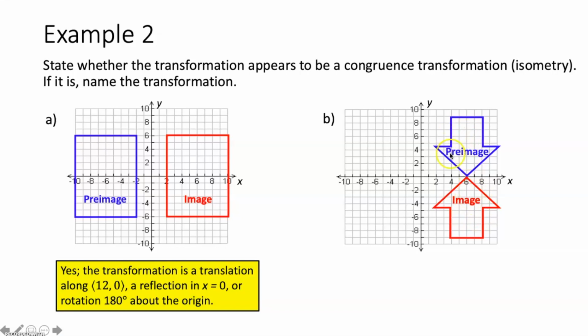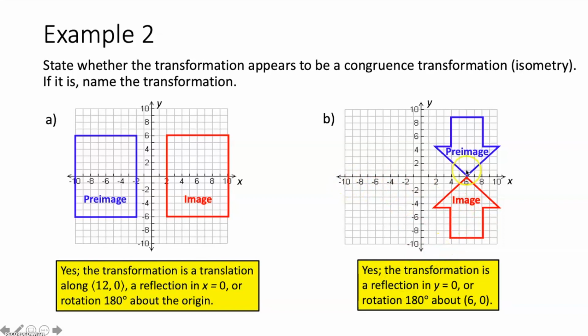The first would be to reflect this blue pre-image over the line y equals 0, or the x-axis. If I were to reflect this image over or in the x-axis, or the line y equals 0, I end up getting this red image down here. You could also rotate this given pre-image about the point (6, 0), this point where they touch right here. If I were to rotate this pre-image 180 degrees about the point (6, 0), I would also end up with this image. So two ways to get from the pre-image to the image. That would be a reflection in the line y equals 0, or a rotation of 180 degrees about the point